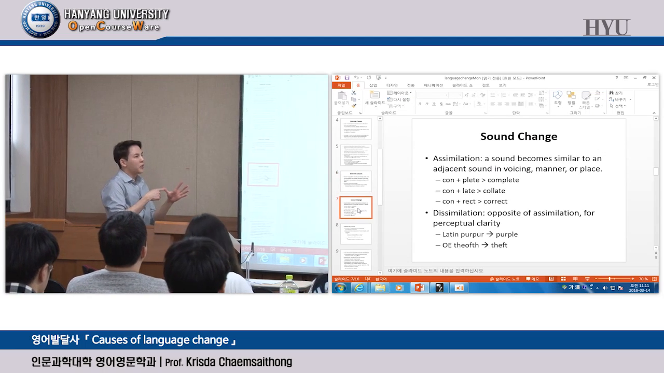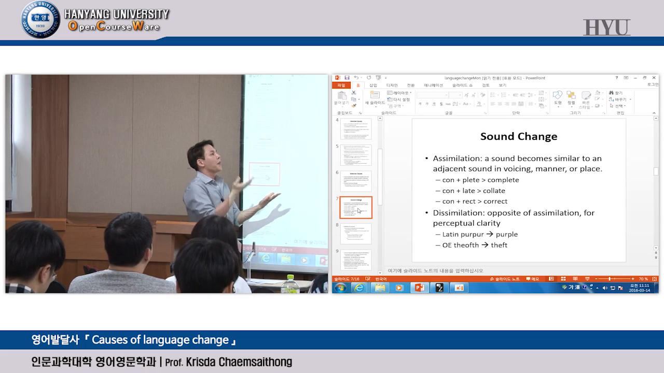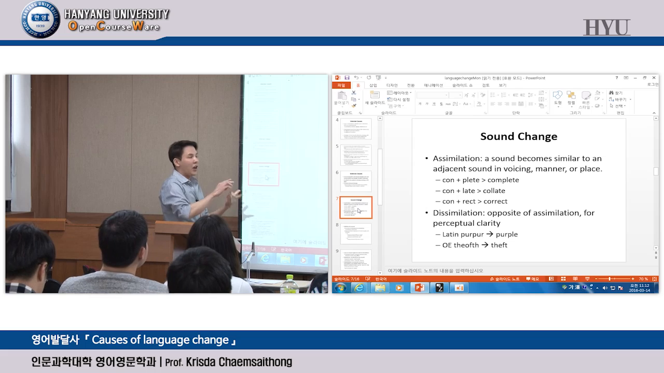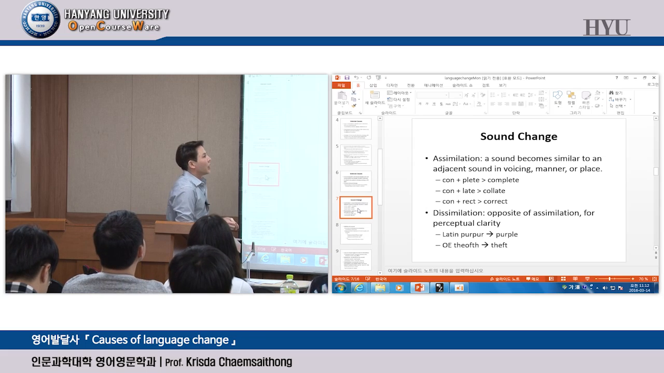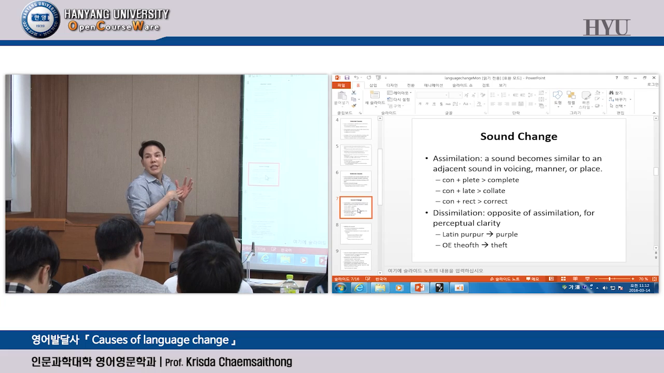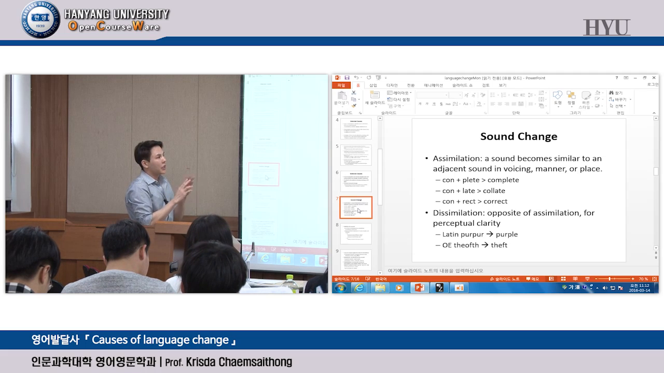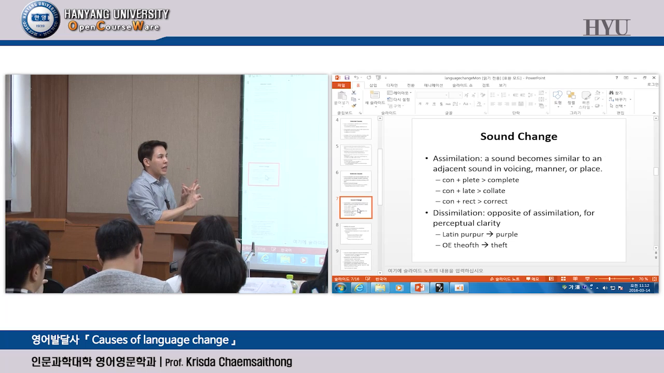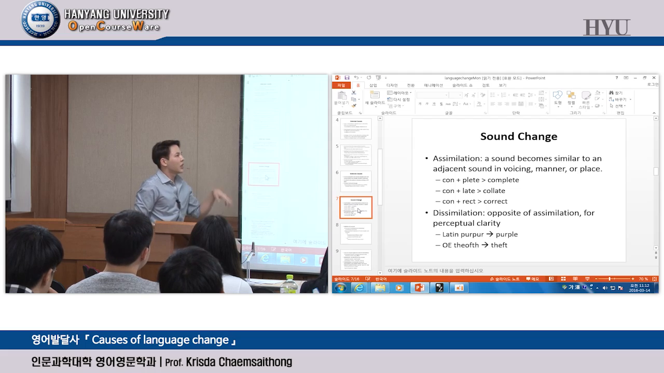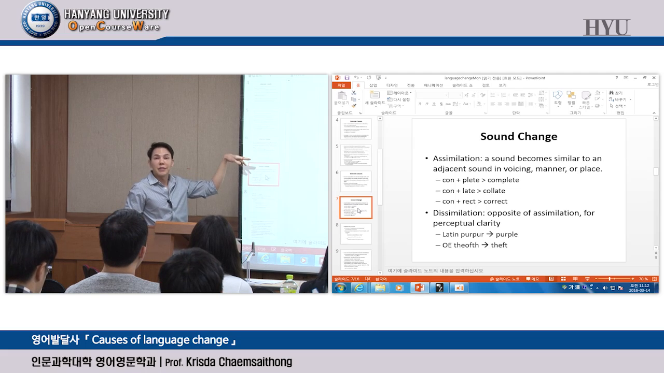Now, we talked about two major causes of language change, right? Internal and external, right? So language related and non-language related, right? So now we'll be looking at specific changes. So we'll talk about this in three categories: sound, words and syntax, and also semantic changes, right? So for sound change, we talked about this already, right? Assimilation